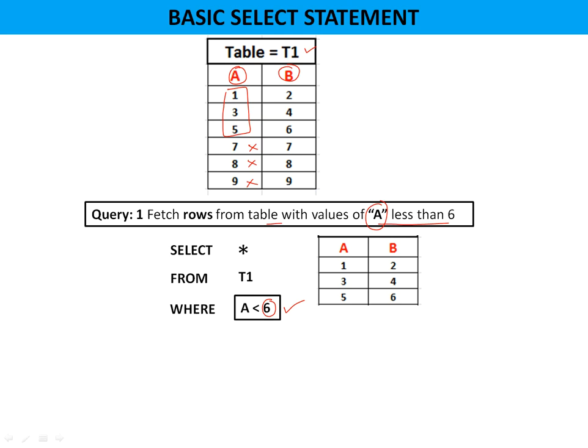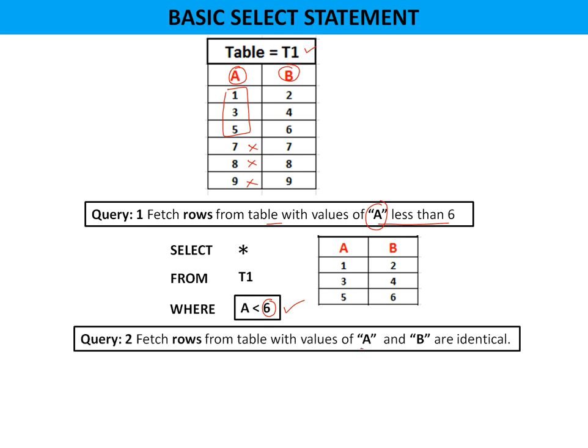Generally, we write any value A greater than 6 or A less than 6, but at times queries may be asked like this. Fetch rows where A and B are identical. That means in this case, condition involves both the columns of same row. In such case, look at this, A and B are identical. SQL is a row by row comparison, row by row processing. So you can write any logic,